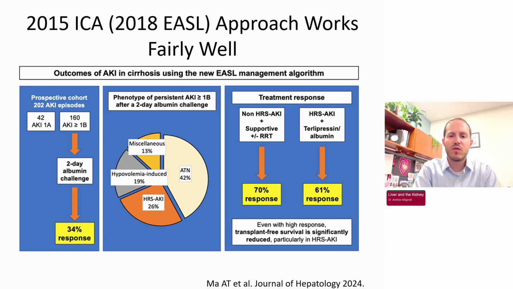In 2024, in response to these new guidelines, some of the European centers that have been using and working on the older set of guidelines for a long time released an algorithmic, albeit retrospective approach. It says prospective cohort, but this was a non-intervention study where they just applied the older algorithm to consecutive patients, and those patients did pretty well. So I think either way is a reasonable approach to the initial period of AKI diagnosis in this population, depending on what you're comfortable with.